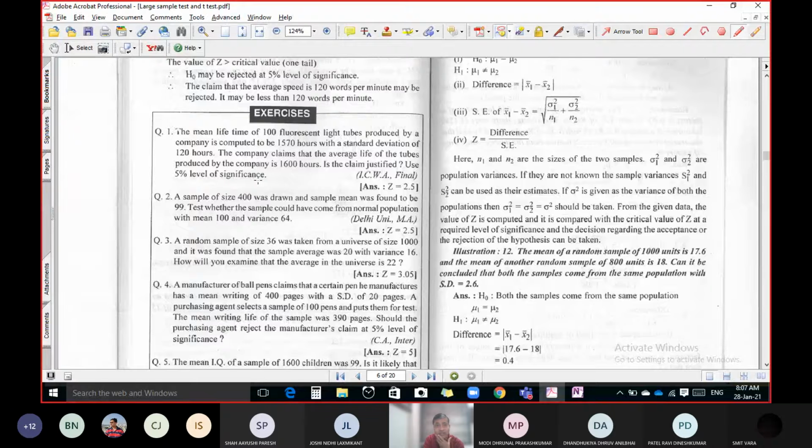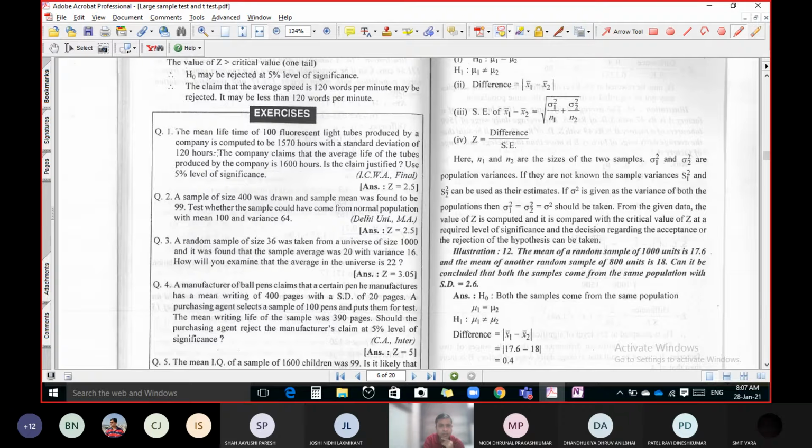Now, what is the question? Once again, let us discuss. There is a claim of the company. What is the claim of the company? The life of the tube light is 1600 hours on an average. Average is 1600 hours. That means what? A few tube lights have more than 1600 and a few have less than 1600 hours. So some tube lights have more than 1600, some have less than 1600, that is the situation.